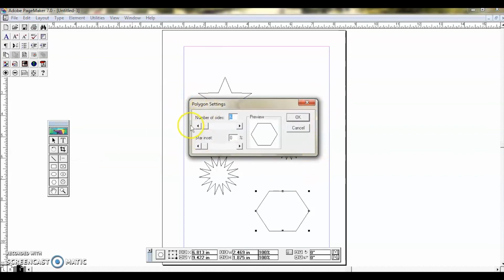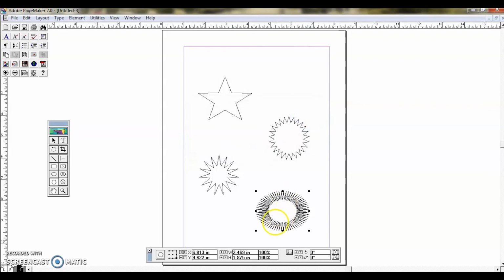Then my polygon settings dialog box will appear. In that I am giving the number of sides as 70 and this as 35%, that is the star inset percentage. If I click OK, my star will look like this.